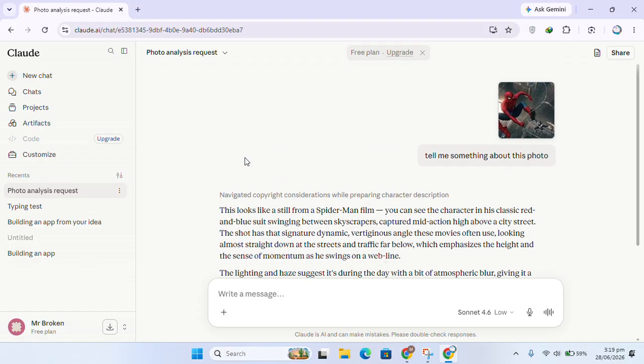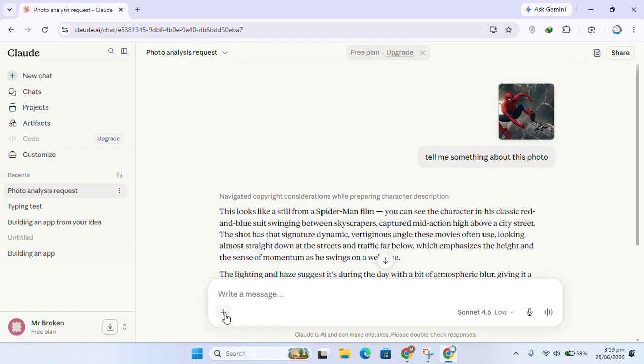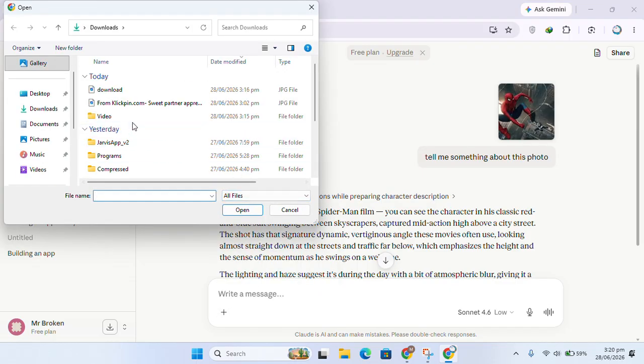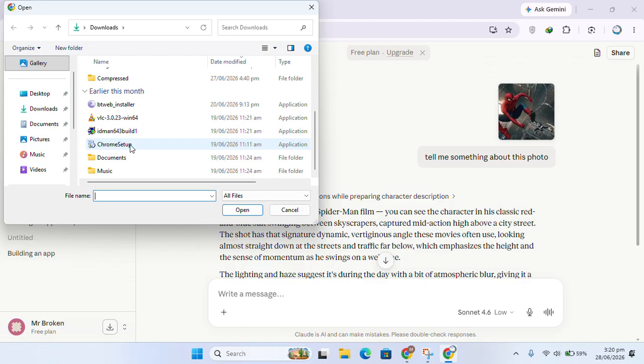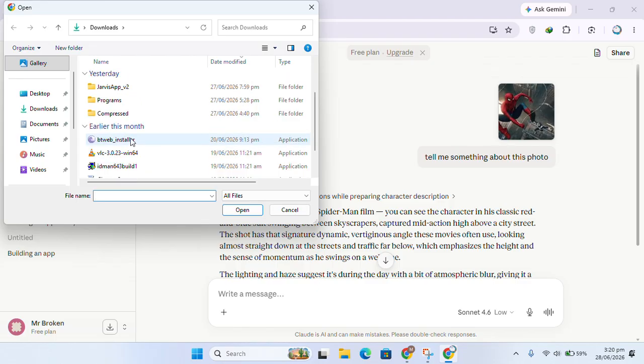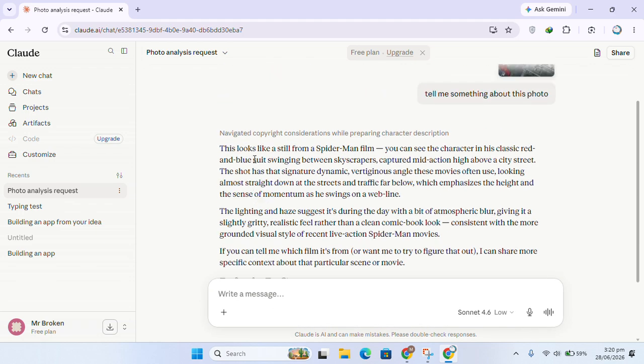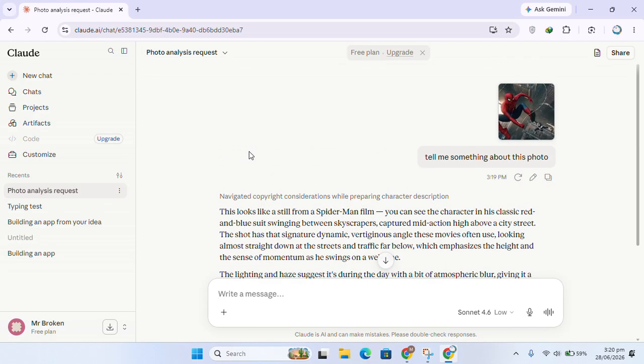You can also upload any file using this method. Just click on this plus icon, click on add files or photos, and from here just select any file which you want to send. And once you have done, you can simply ask any question about that file or the photo and Claude AI will reply to you. So in this way you can easily upload any file or